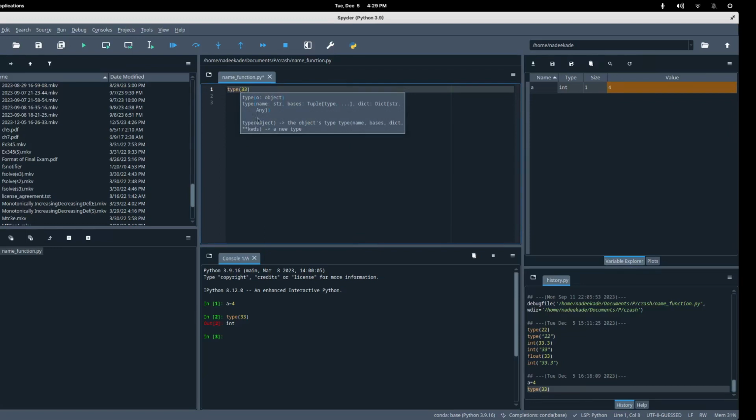type(33) and execute it, I can execute it using this run button. You can also run it in debug mode, or we can run it using this one. It will not print anything. But if I put the print function here also,